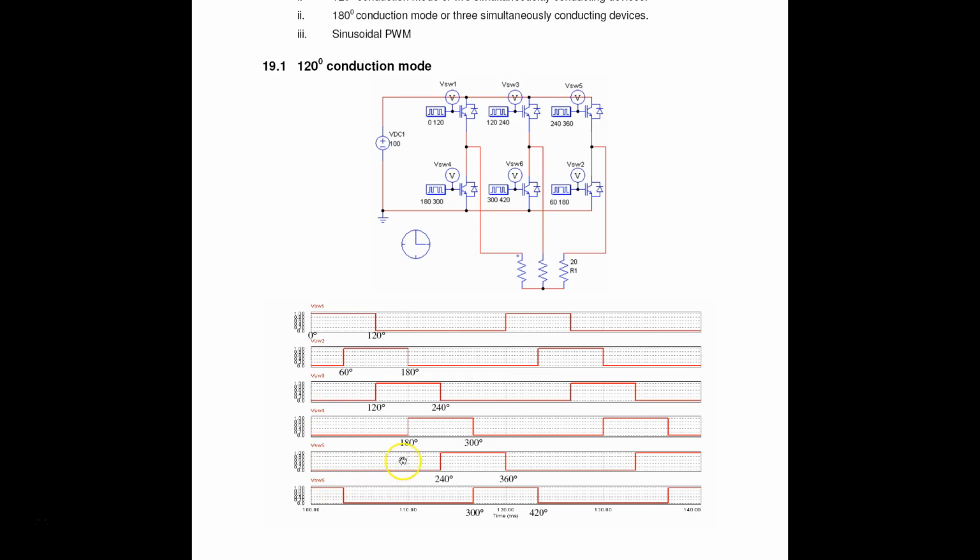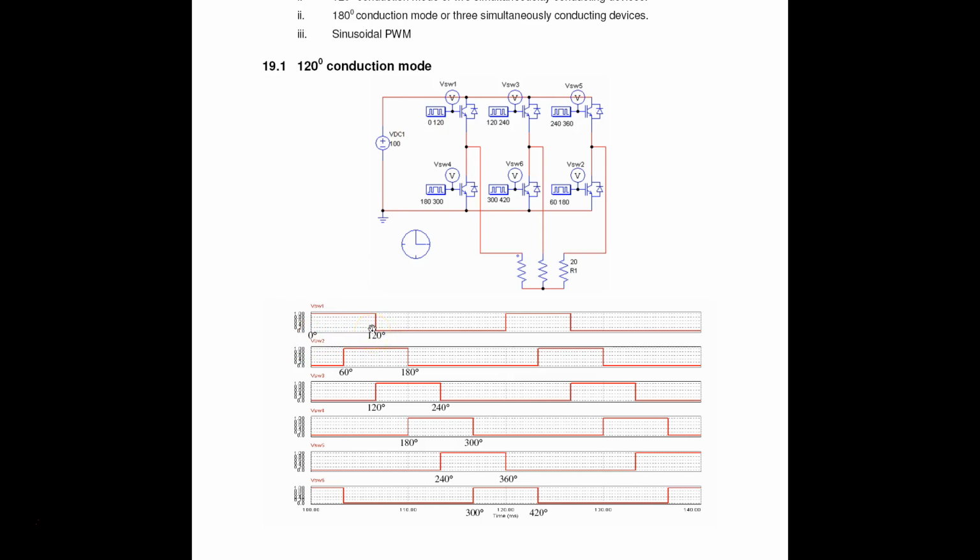So we have 6 control signals to the switches here. So for you to be able to get the 120-degree conduction mode output, what you need to do is set or supply the first switch with a 0 to 120-degree